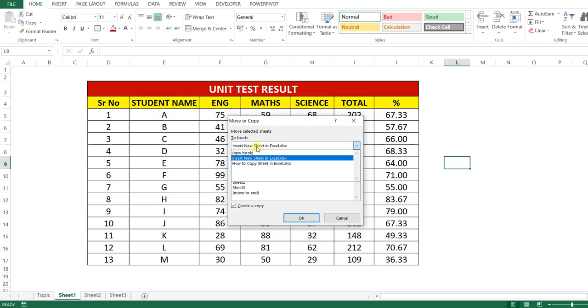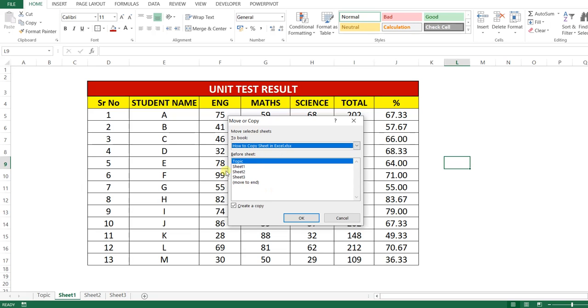And if we want to copy this selected sheet to an entirely new workbook, then we can select the new book option. I hope you are now clear with this first input field. For this explanation, we will select this same workbook which is currently open, that is how to copy sheet in Excel, and now the second input field.